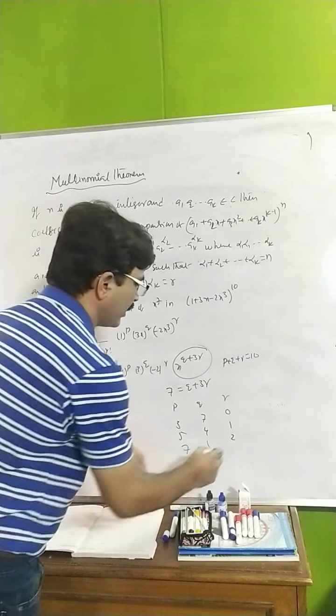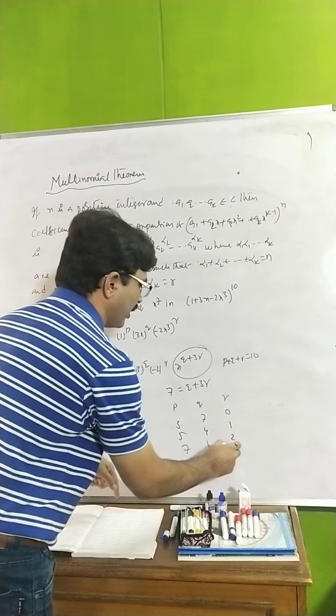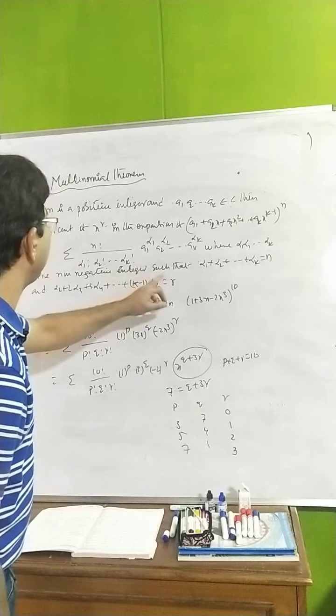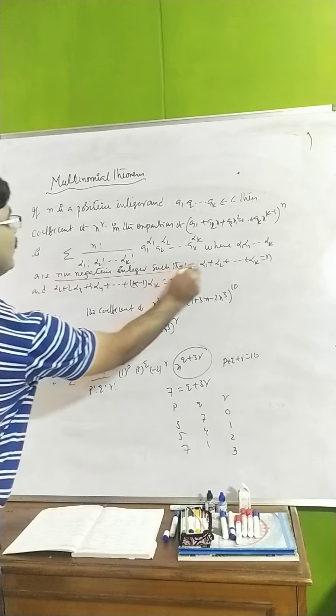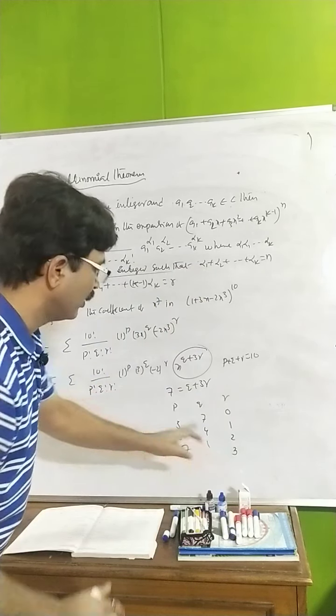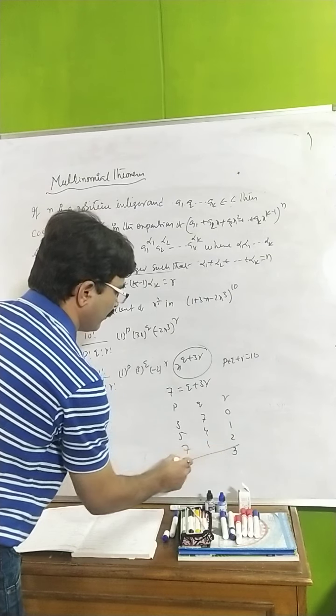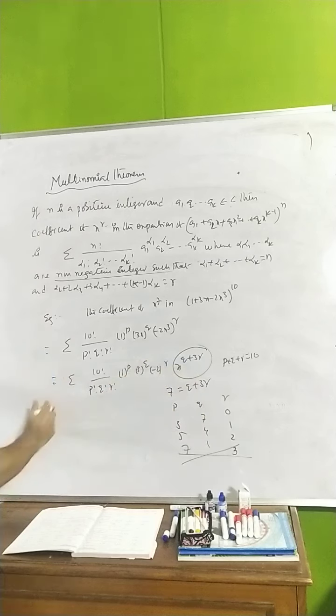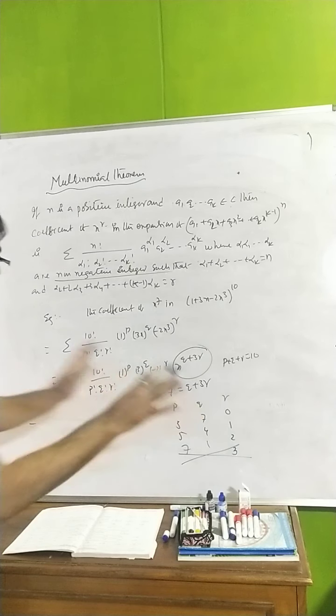Now if you take R equal to 3, it becomes 9, so Q cannot be negative. I said that they must be non-negative integers. These are non-negative, not negative. So afterwards nothing is going to exist. How many terms exist? 3. Those 3 terms we have to write over here. That is the required answer.